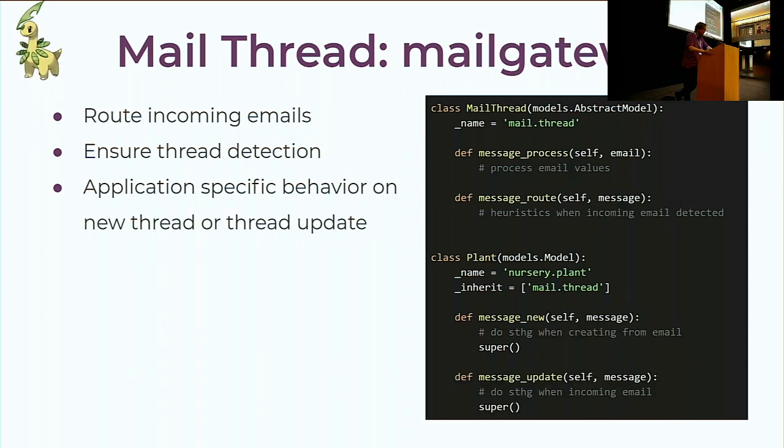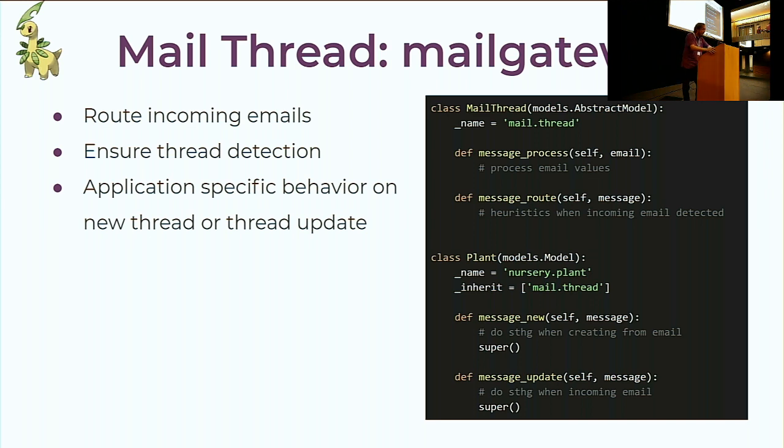And next point is the mail gateway. So MailThread automatically integrates your mail gateway. You have to configure your incoming and outgoing mail servers. It means that it will detect the threads when you send an email to a customer and that customer replies. MailThread has a root heuristics that tries to find the original thread and post the message in the thread. Or if it detects that this message should begin a new document, it creates the document and then posts